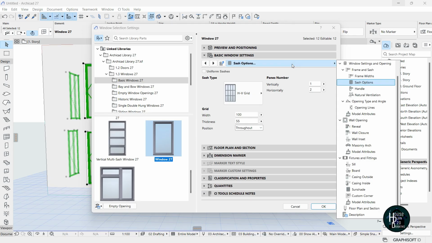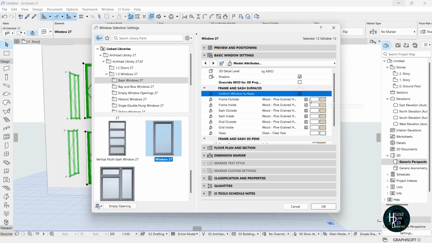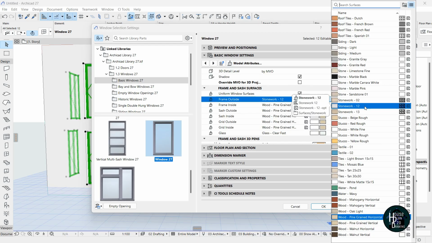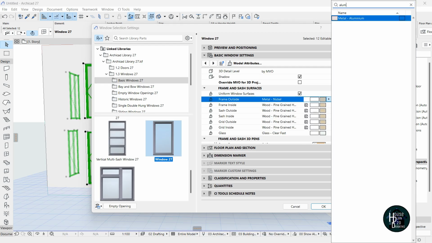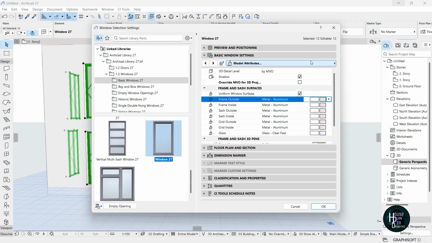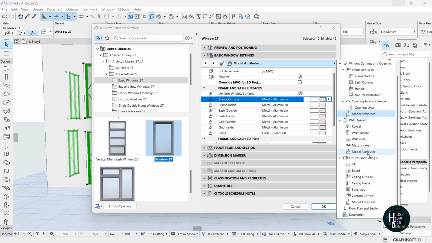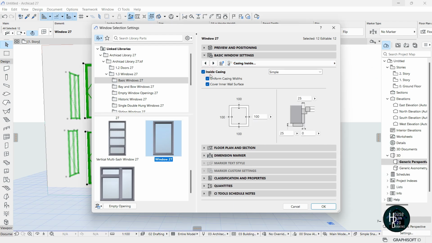click this. Now I want you to come to the model attribute, double click on this, click this, and let's look for aluminium, click this and click this also. Let's look for casing inside, click on the casing inside, double click this side. Now I like this one to be 200 and I like this one to be 75. Okay, once you're done with this, click on OK,